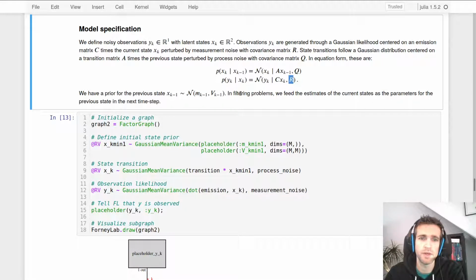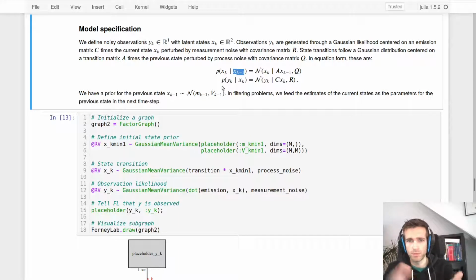This entire thing depends on having a prior for the previous state. What we're doing here is a filtering setup, so we're doing recursive estimation. You start with an initial prior, that's p of x0, and you define the parameters for those yourself. So you say m0 and v0, and then you would apply at every time step